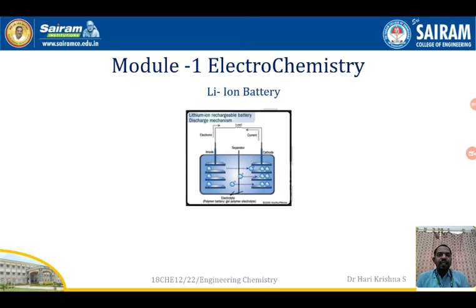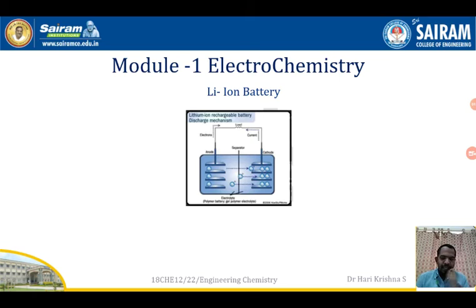So the composition might be lithium cobalt oxide, lithium manganese oxide or anything, but always the anode will be made up of lithium. This is a special feature of lithium batteries. So what are lithium batteries? The special characteristic of a lithium battery is that the anode is always made up of lithium. Now let us see the construction and working of this lithium-ion battery.